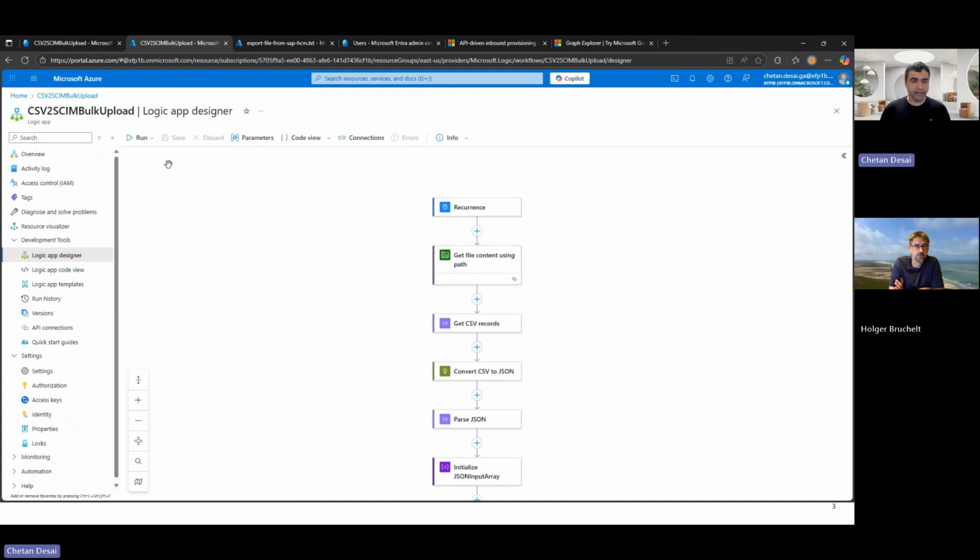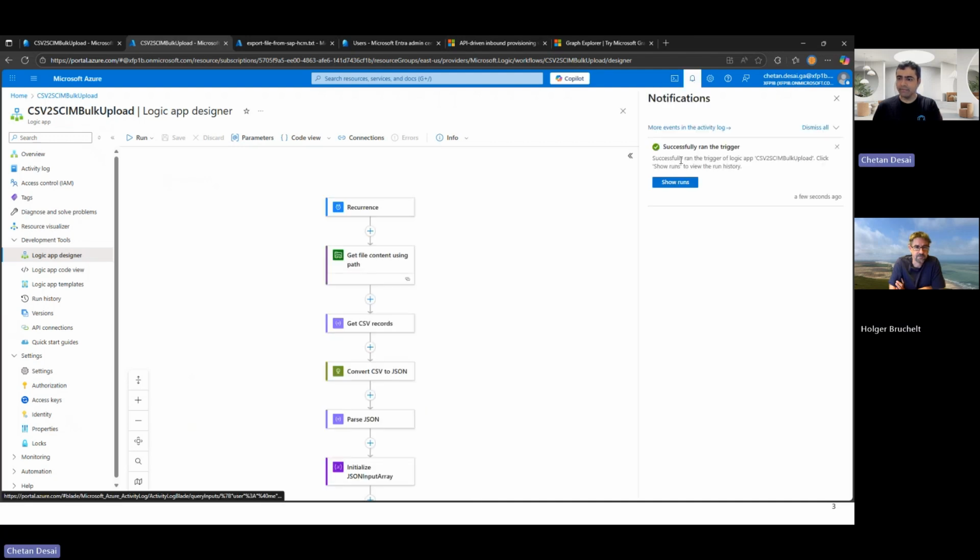Yes, so we have configured all of this. Now let's run this and see how this works end to end. So now basically the Logic App picks the CSV file or the text file with the 5 entries that we had. It would potentially split it up if there were too many, and then it would send the request to the endpoint. Exactly.